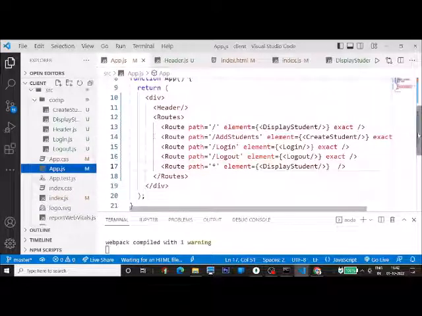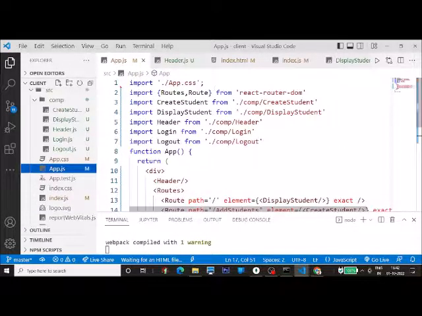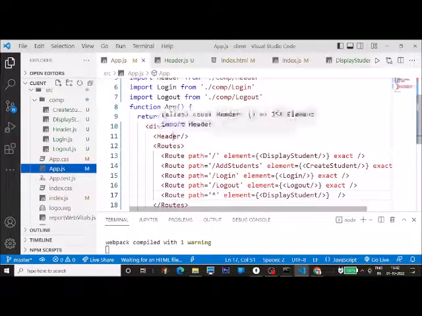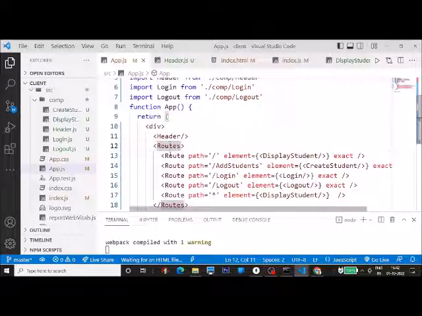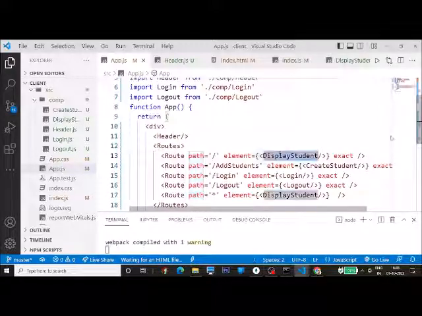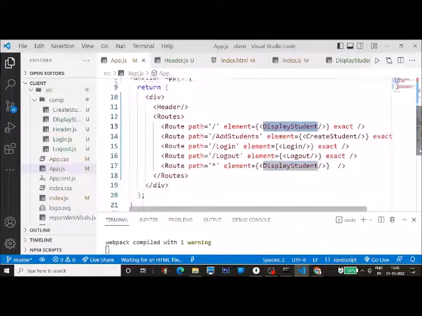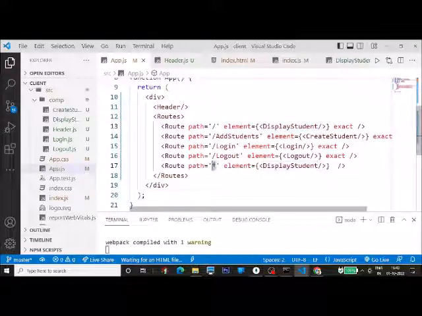Then go to the app.js. Here in app.js, what we did, we included routes and then all the components that we have, then the header, which is your menu. Then we have routes, and inside routes we have a route, with a path and element, the component that we have written this way. And last one is star, which means, as I told you, if your path is wrong or your spelling is wrong or something wrong you have written, in that case it will display